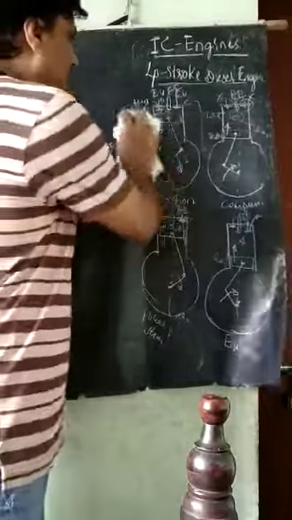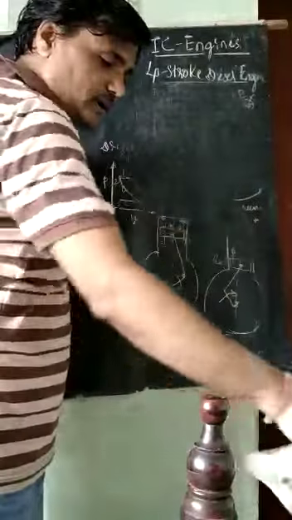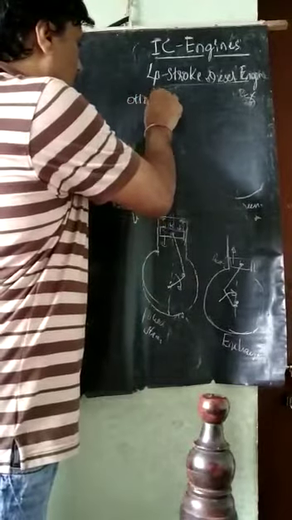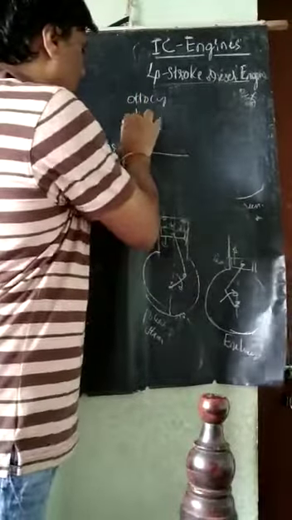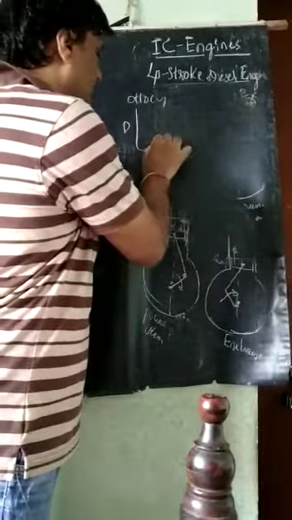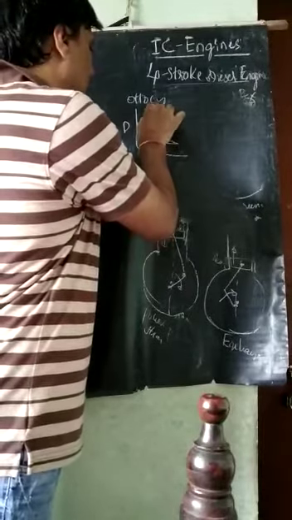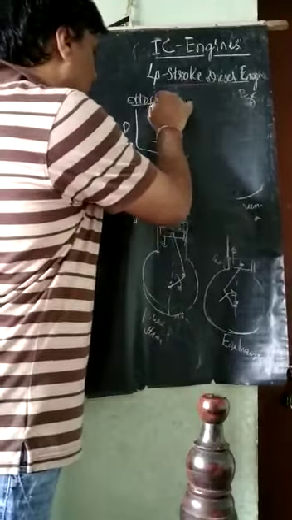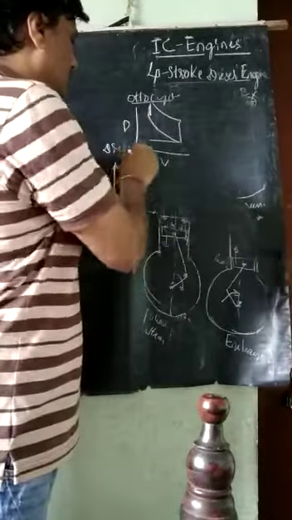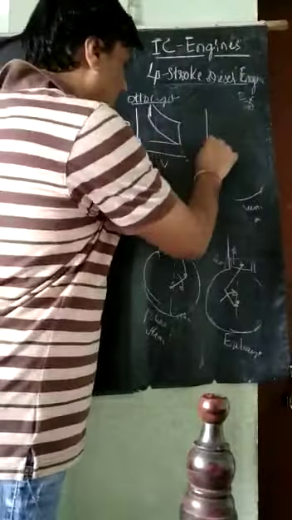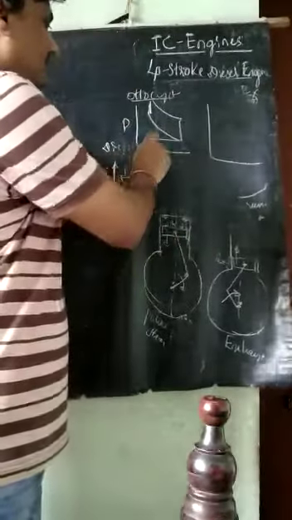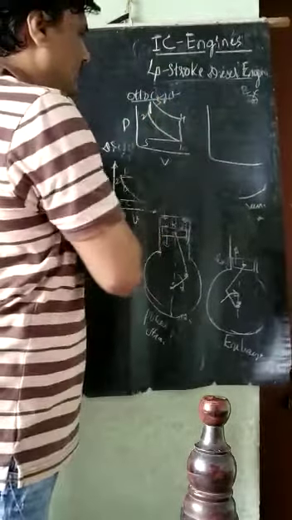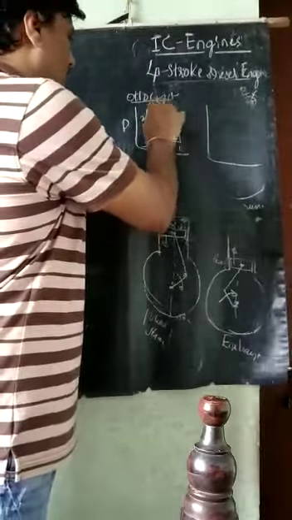Just I will draw this, the first one, that is the ideal cycle. For the Otto cycle I will draw. Otto cycle, that ideal cycle is this one. It is a PV diagram. So how is this? Here this is the ideal cycle, constant volume process. For the Otto cycle, for this petrol engine here, this is the ideal cycle. And the real cycle is somewhat different here. It is 1, 2, 3, 4 here, and the process is taking place here.